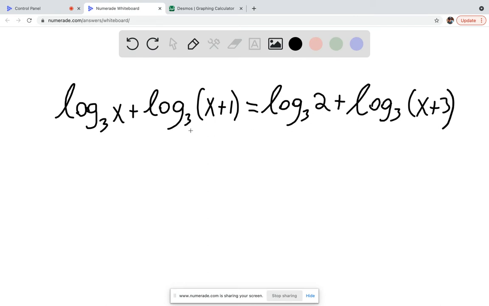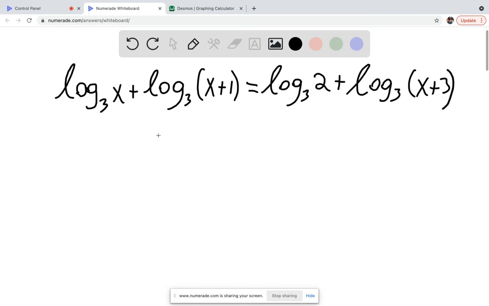Okay, well, what we can do is, since we have sums of logs with the same base, we can rewrite that as just a single log of a product, right? Because if we have log of a product, we can rewrite that as the sum of the individual logs. So since here we have the sum of the individual logs with the same base, we can rewrite the left-hand side as log